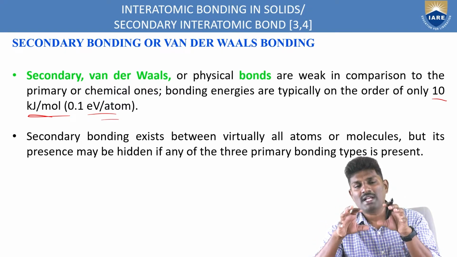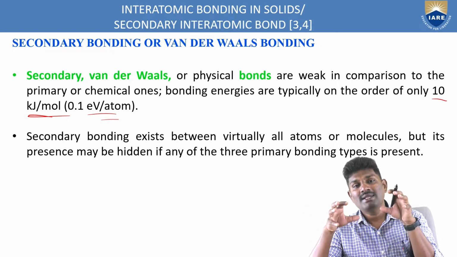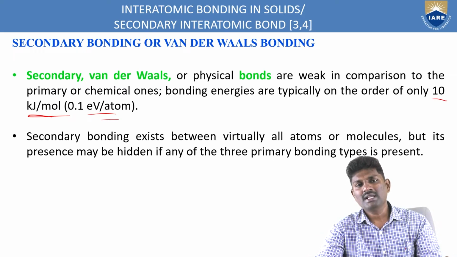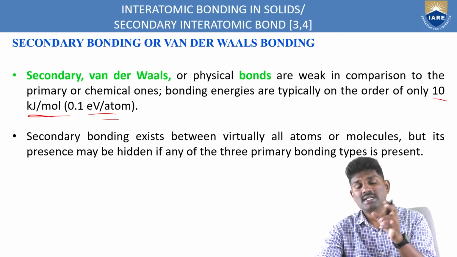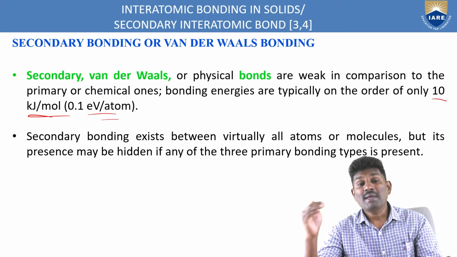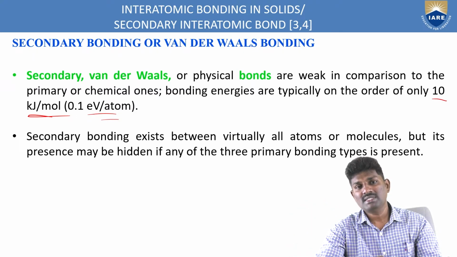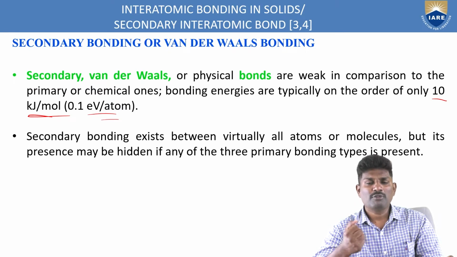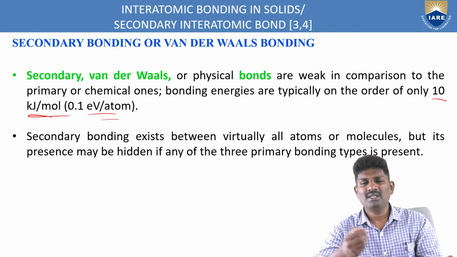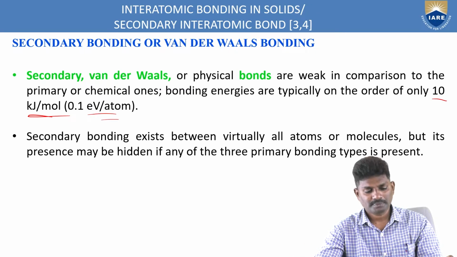Why? Because the arrangement of the atomic structure is not proper inside a material which has a secondary type of bonding. That's why we have to select a material which has a good bonding energy, that is, materials which have a primary type of bonding. So we should not go with the secondary type of bonding because it has very little energy. But based upon the application, if you need to prepare materials or products with less bonding energy, then you have to go with the secondary type of bonding. That's why the application is very important in any case.